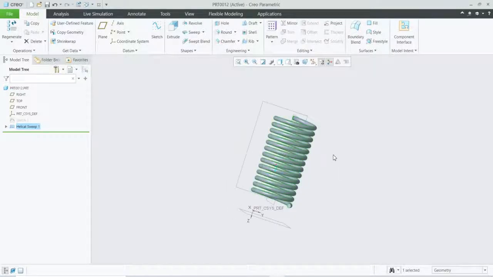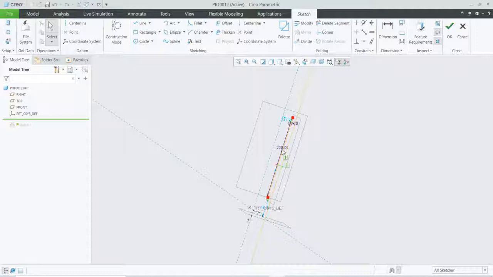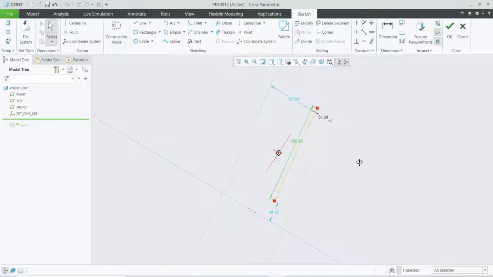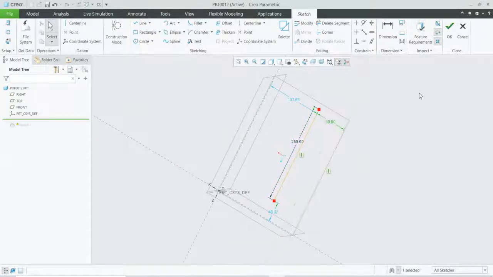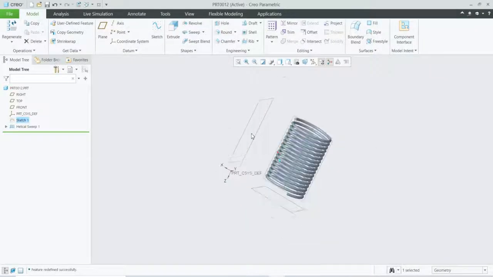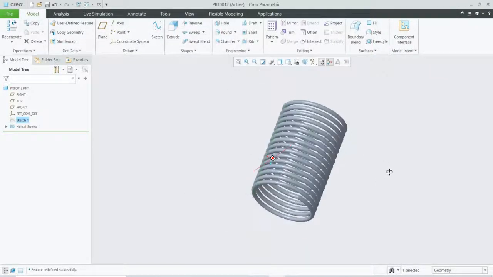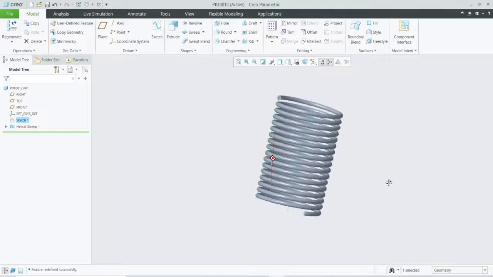Now I'm going to show you how to modify the parameters. For that, double click on here sketch, edit dimension. We had given the 200 mm length. Now double click, we'll make it 250, enter, and radius we had given 50, that we'll say it is 80. Now press OK. Now we can observe the difference. The size of the spring has been changed.